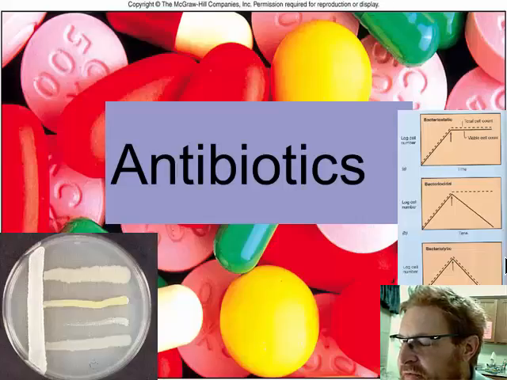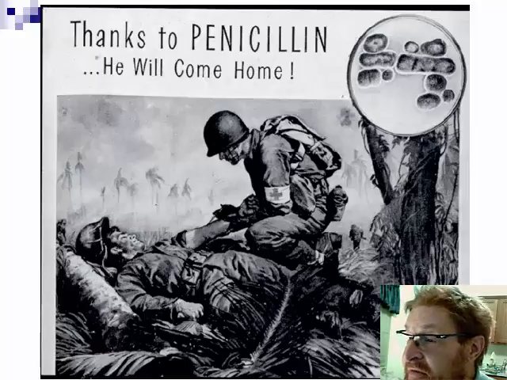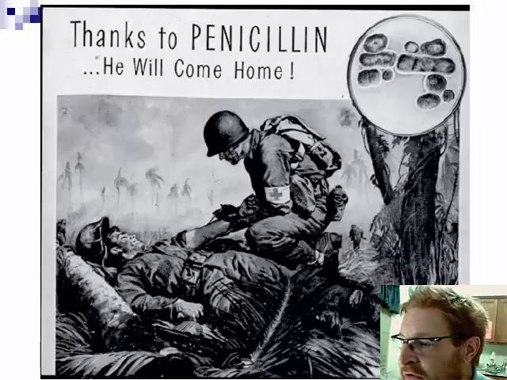I thought that this would be a special subject that we should talk about for a lecture. In terms of the history of antibiotics, antibiotics were developed and first used in World War II, and this is a poster that was out at the time that says, "Thanks to penicillin, he will come home." And it's very true that being able to cure infections from war injuries was one of the major things that